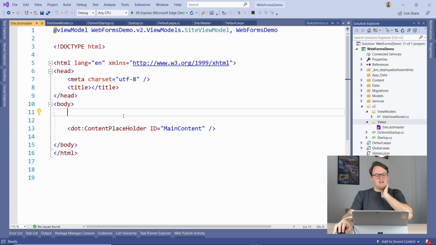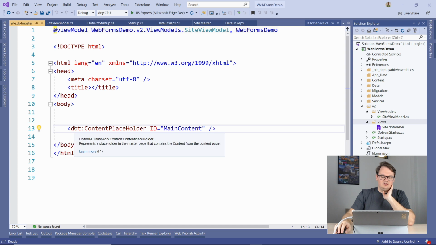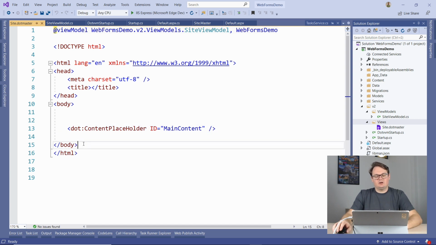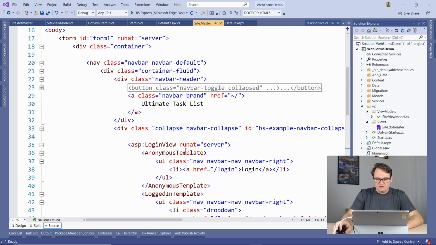And you can see that it's quite similar. There is just no form run at server because .vvm doesn't need the entire page to be one huge form. And instead of ASP content placeholder, we have .dot content placeholder. Okay, so this is the master page. And let's just copy paste this markup